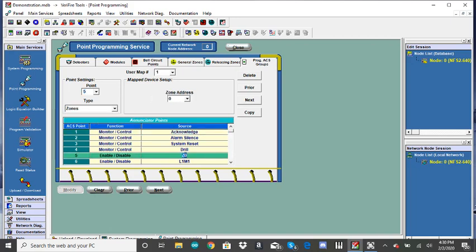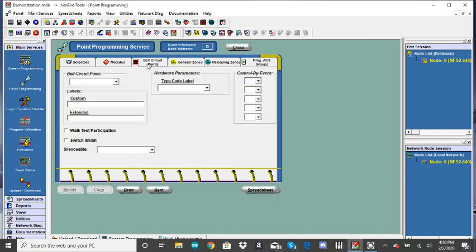Zone 0, as you can see, for switch 5 is set as enable/disable. Zone 0 is the general alarm zone. Anything that trips zone 0, all the NACs go off. So I set this as a disable for my NACs because I don't have access to the NACs through Verifier Tools. If I go over to bell circuit points, you can see that it doesn't pick up the bell circuits